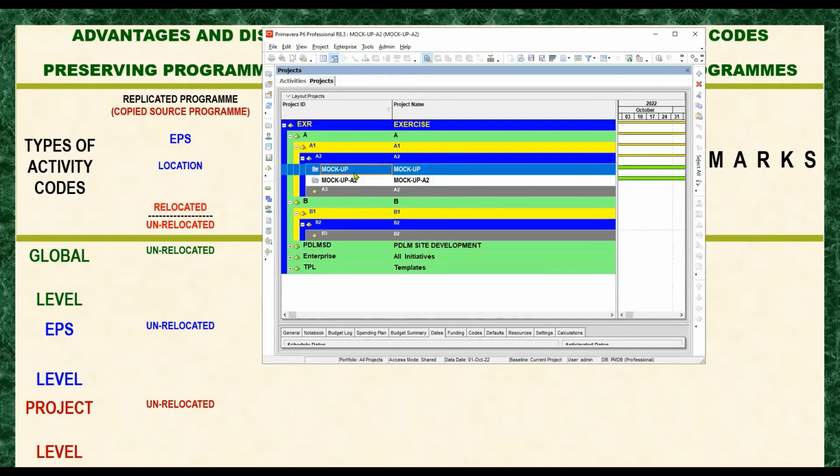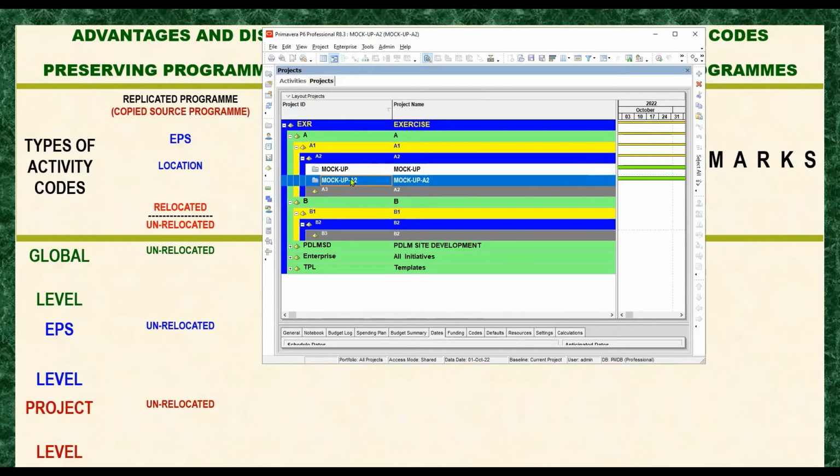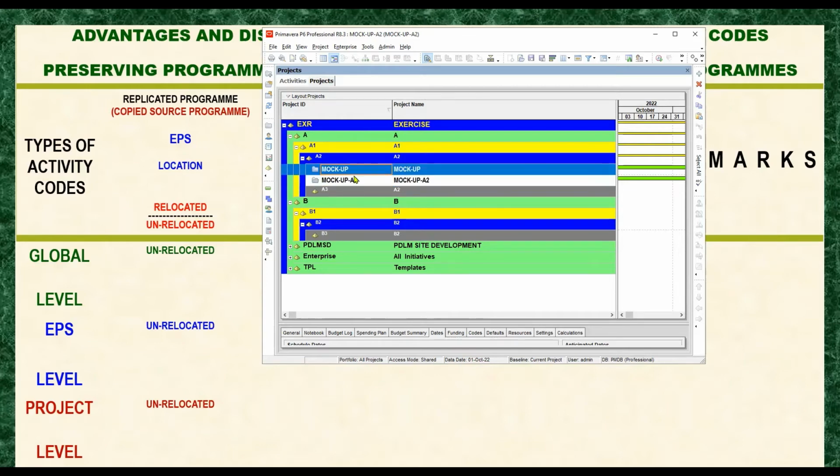That means the location of the replicated program is not really relocated. It is still on the same location as the source program. So that is why it is recorded here as unrelocated for all of the